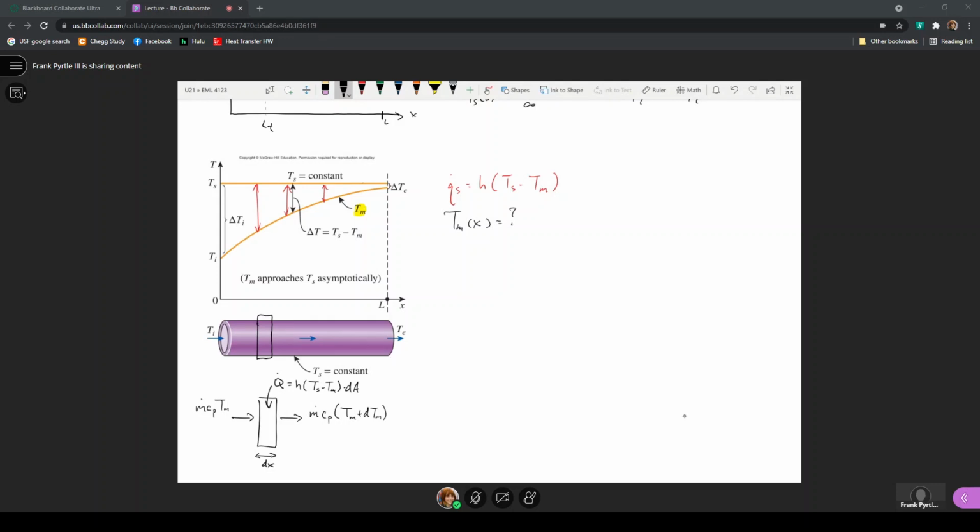area. What would the area be? Well, the area would be this dx, a distance, times the perimeter around the pipe. So this is just an expression that we can use for the energy balance on the fluid. So the energy comes in with the fluid, energy comes in with the heat transfer, energy leaves with the fluid. So if I write this expression out just as an energy balance,